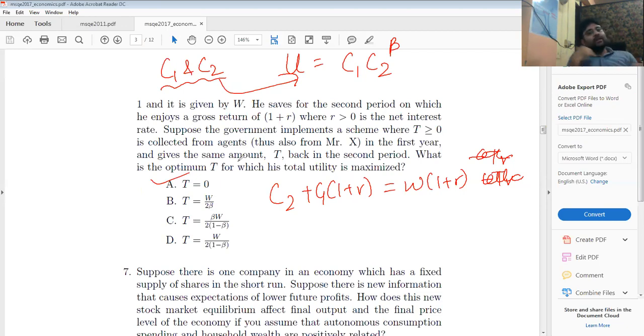Another way of thinking about the same problem is that if I give T to the government this period and I get back T in the next period, I am essentially losing out on the interest, right? If I would have given the same T to the bank, I would have earned an interest T into R on that. So I'm actually losing T into R interest. That's why W into 1 plus R minus T into R. Correct? So why should I lose any interest because of the government? So the tax rate is equal to 0. Right? The government is saying that T into 1 plus